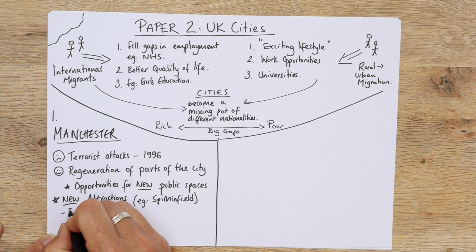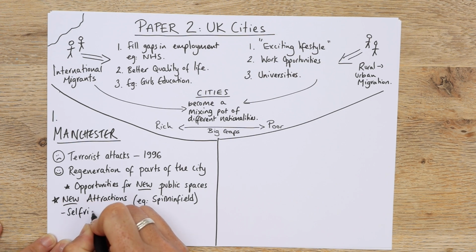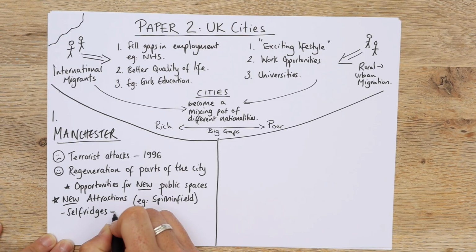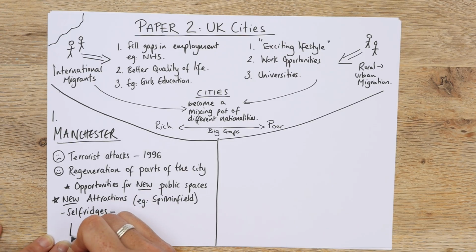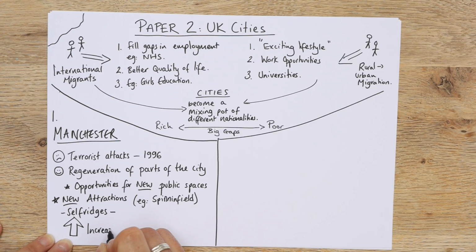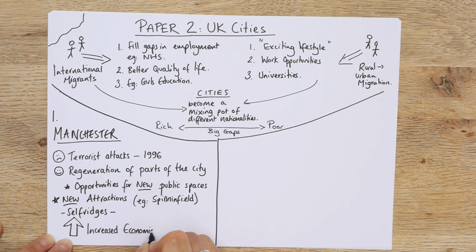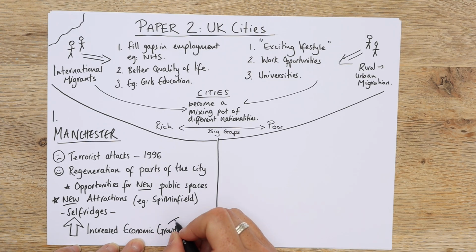Now, this has Selfridges, so this is properly high-end shopping, and it has led to, if you put a big arrow, increased economic growth. So not only has it helped people's quality of life, but it's improved the local economy with jobs